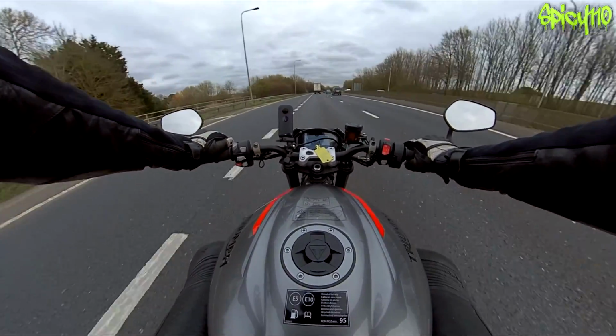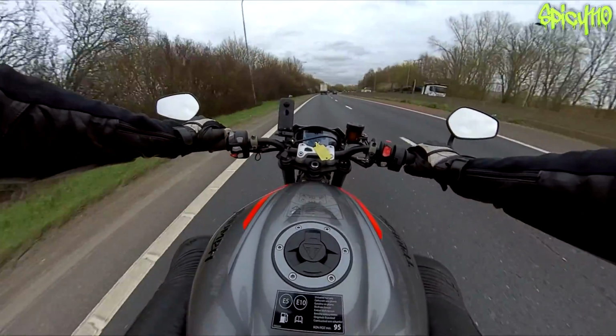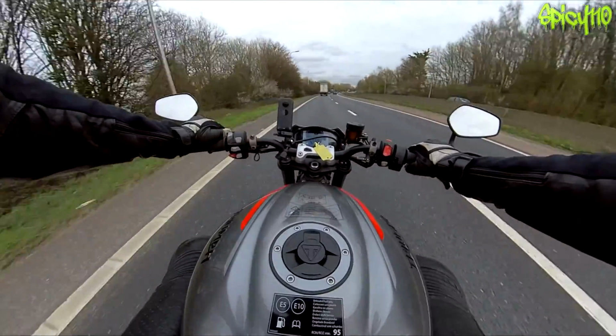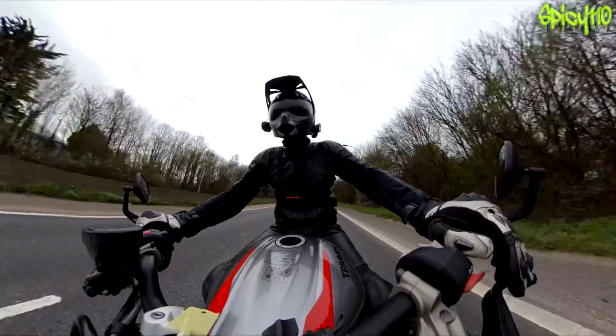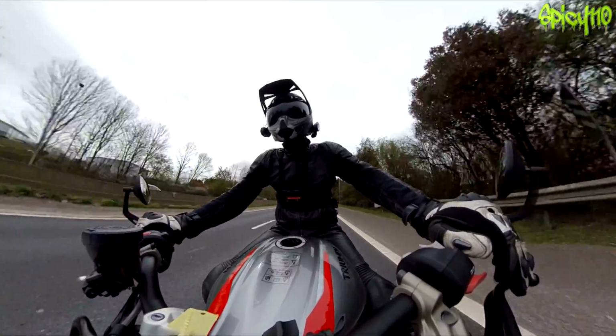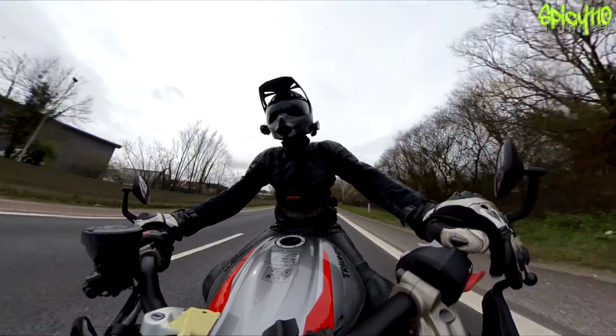Okay, well, fuel statistics, we're currently doing 66.4 miles to the gallon. We've averaged 43, and we've got a range of 80 left in the tank. Now I have to say, 43 miles to the gallon as an average. Now I've been pretty careful today, but I have been using the revs where I want to. That's better than my 440cc